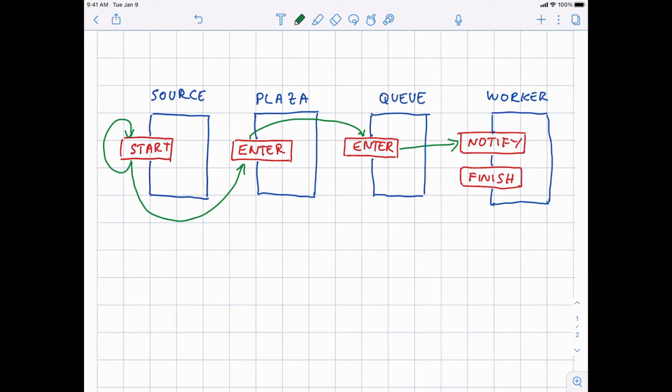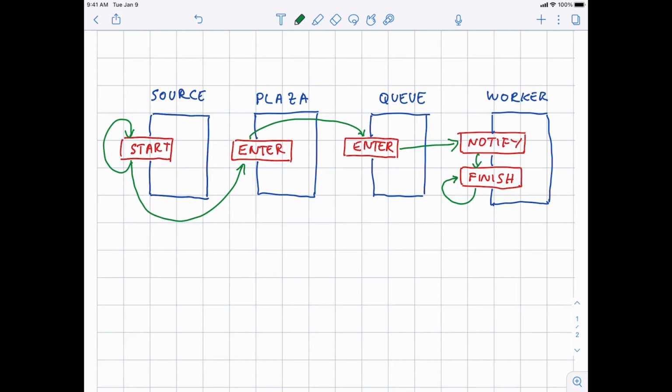The worker, either as a response to the notify event if it was idle, or in response to a previous finish event due to finishing serving a customer, has this finish event. The finish event is used to represent the fact that the worker is done serving a person, okay? The finish event may trigger another finish event in the future because the worker may actually fetch a person from the queue and get it.